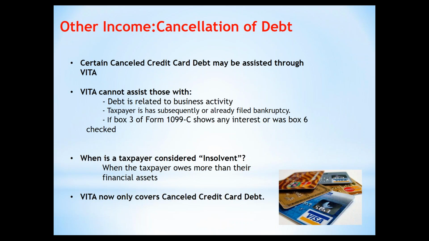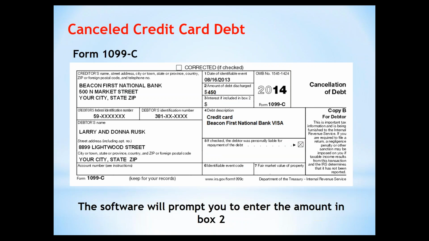But in the tax software, it's pretty easy. Under other debt, it may show that amount that's forgiven. So this is the form. This is the cancellation of debt form that you'll see. Again, you'll want to make sure that it's of the same tax year. And you just basically have to look at the date and then this box too, and that's how much of the debt was discharged. So if it's just $450, again, that's something we can do at our tax site because it falls under